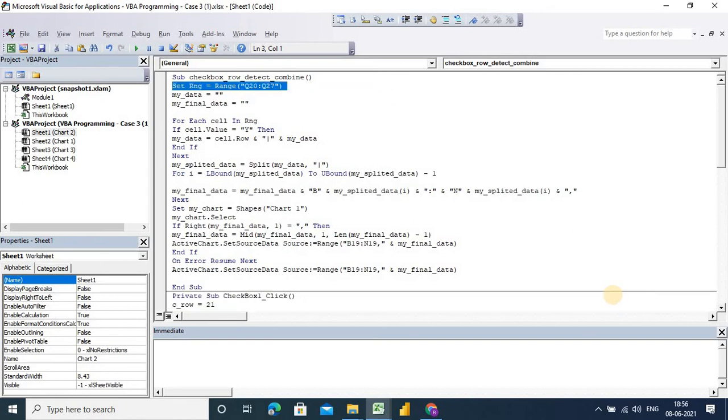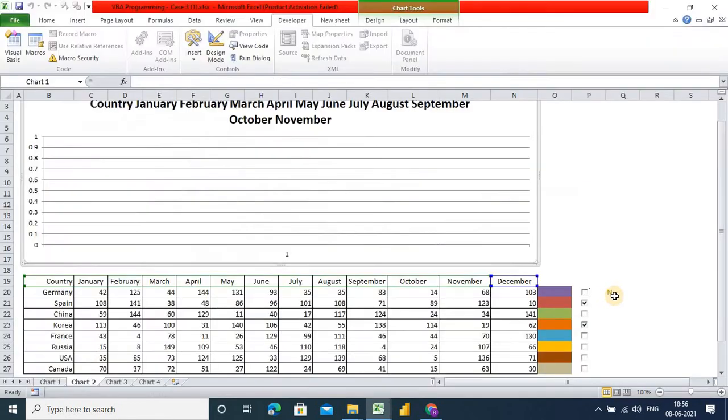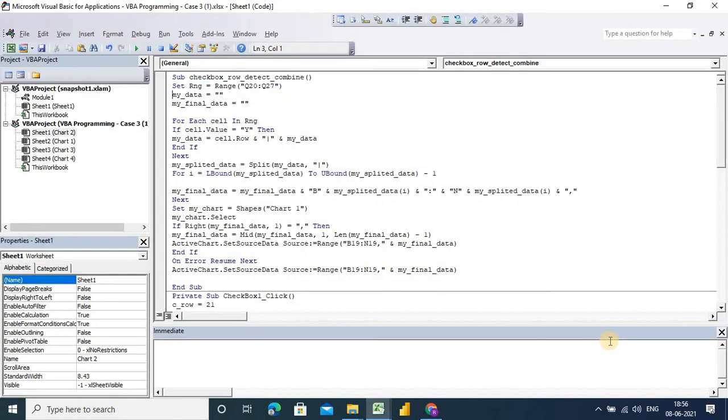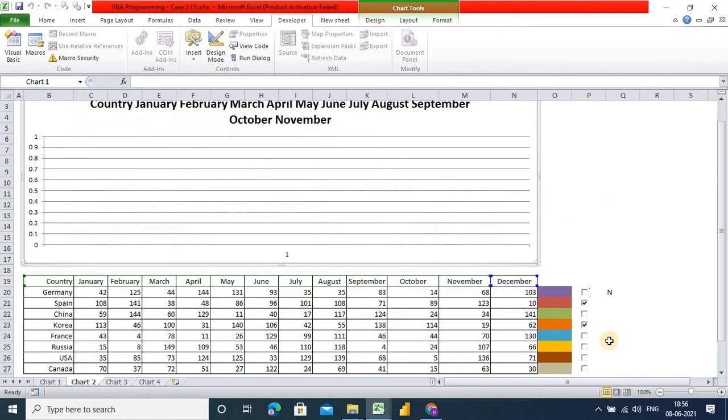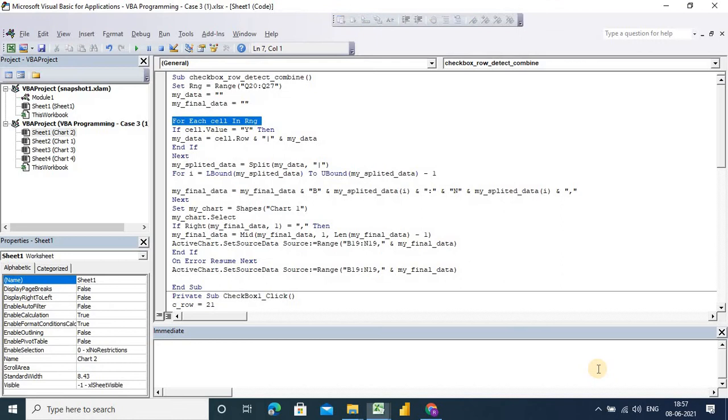First of all we will combine all the rows where we have selected yes, yes, yes. So this is the process. These are our two blank variables, so we can store the value in them. In this particular range, yes and no, we are now collecting the rows where we have updated yes.